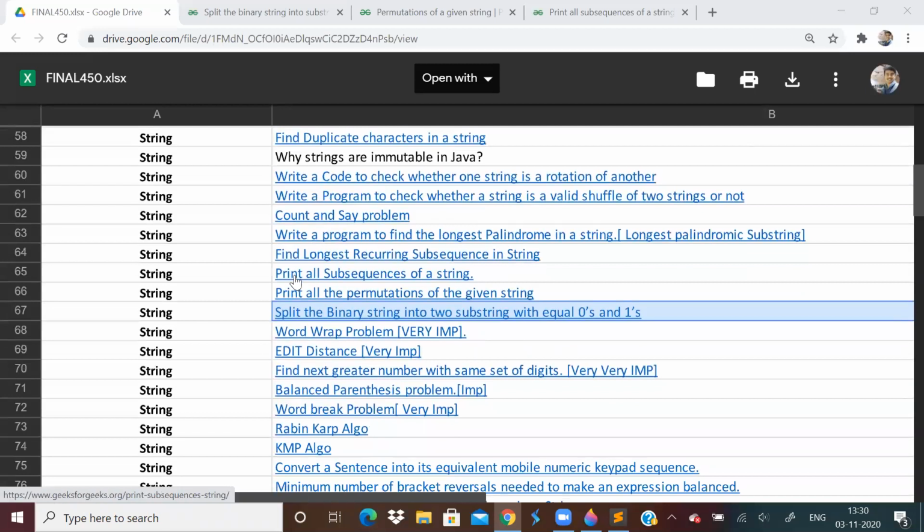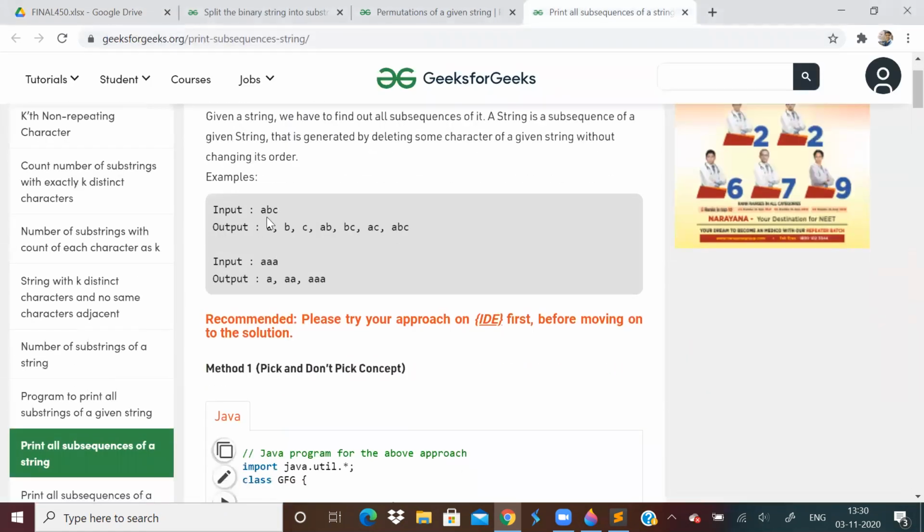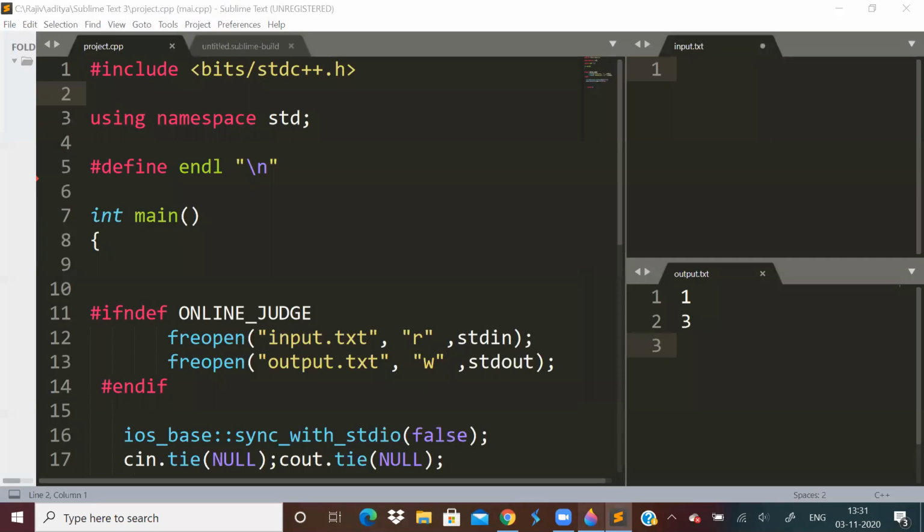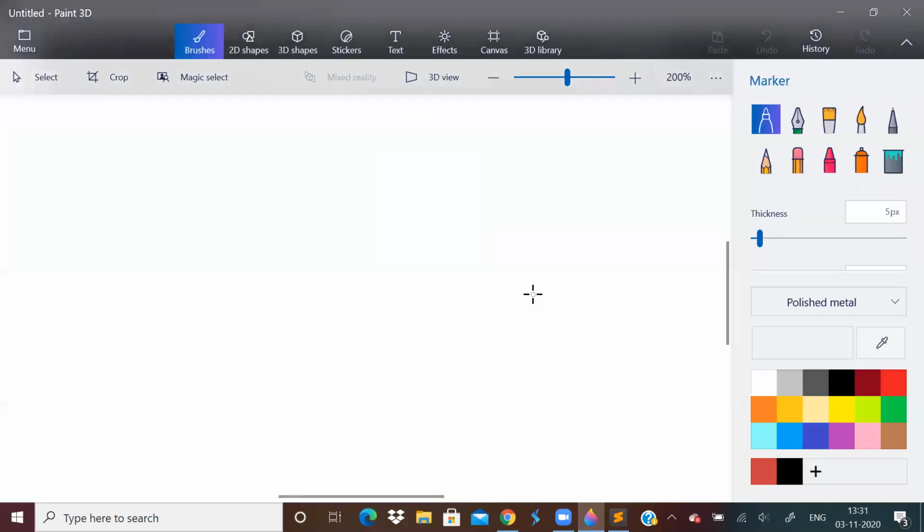So today let us start this problem: print all subsequences of a string. We don't have an editor over here to verify our answer, but printing all subsequences is simple. For example, if the string is A, B, C, can you tell me what the subsequences are?